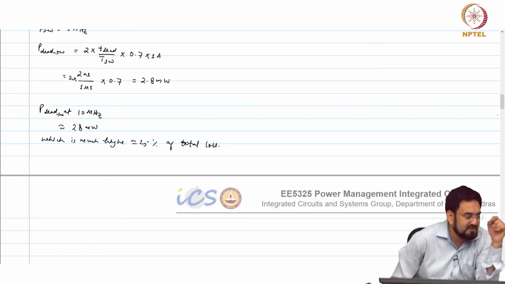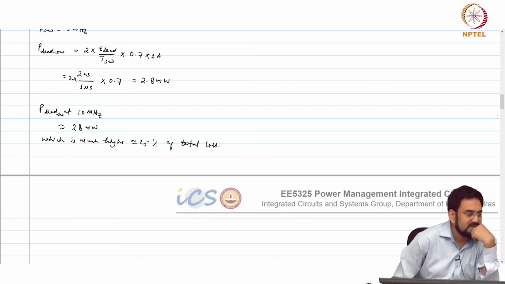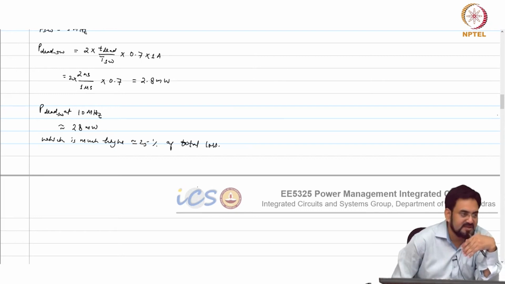So that is why, if you remember that curve, which loss dominates at what load, depending upon that you have to make sure your switching losses are not that high at light load. So, let us say at 100 milliwatt you lose 25 milliwatt in switching losses total, then what is the point? Your efficiency will be very bad in that case. So, 75%. Even though your I square R losses will be negligible in that case, you have to make sure that this does not dominate. It still remains roughly 10% of your total load.